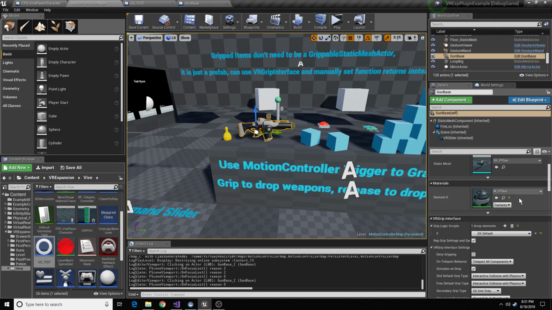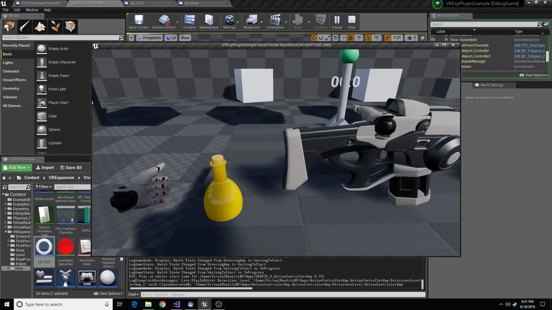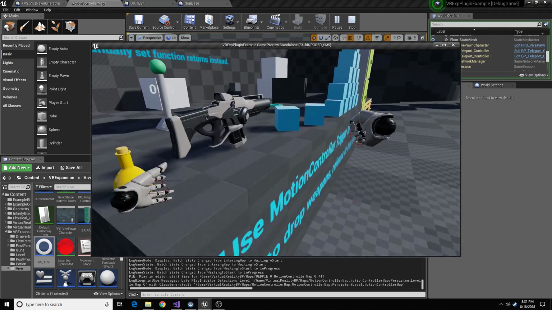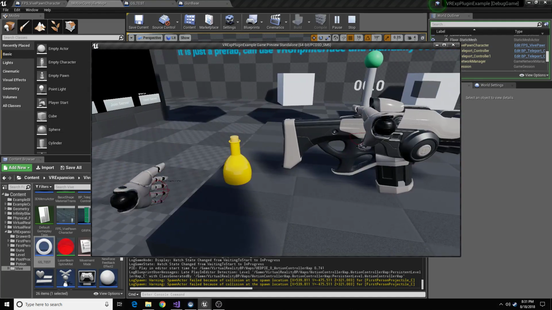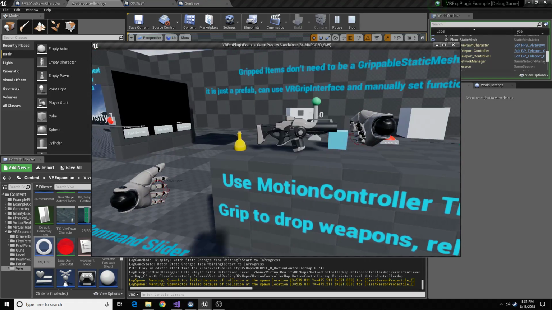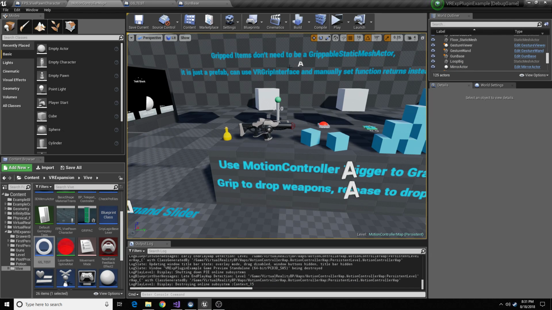Let me show you before I go into the test. Let me turn this into a test grip script. Go in and pick it up. What the test grip script does is it locks the position when it's active. It doesn't let it move. Let me get rid of this block here. But everything else still functions normally. It just locks the position on it. So you have the test grip script,